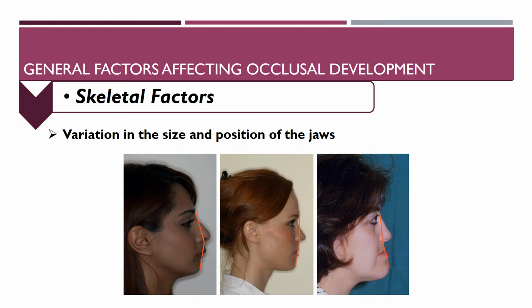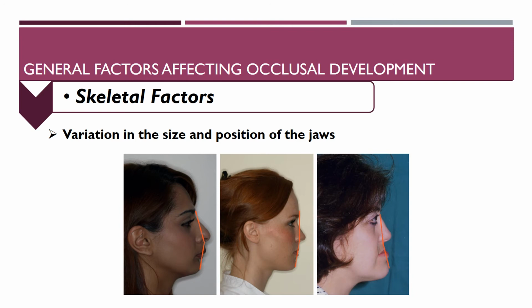Also, variation in the size and position of the jaws, in addition to the relationship of jaws to the cranial base and to each other, results in a malocclusion. So, in the sagittal plane, if one jaw is excessively small or large, as we see here, this is a small mandible, while here there is a large mandible, in relation to the other in the anteroposterior dimension,